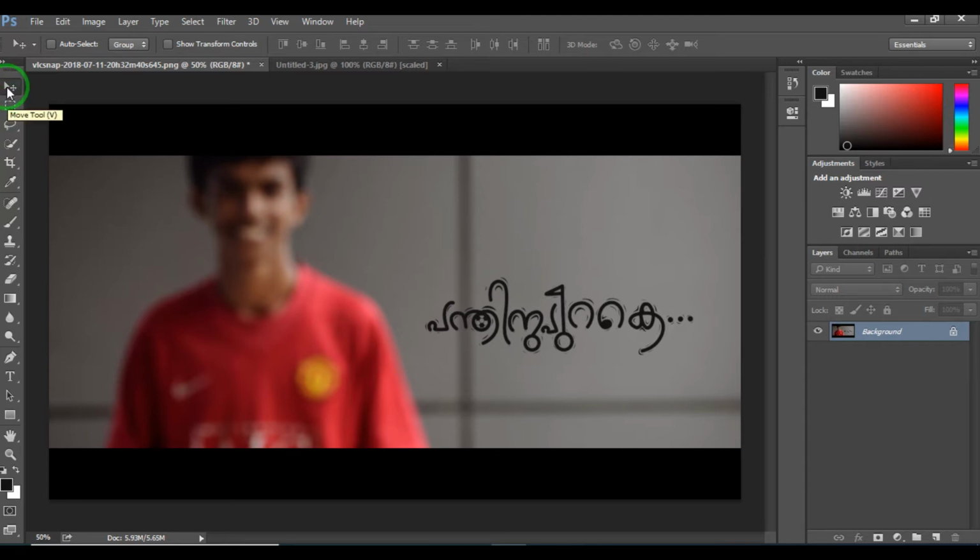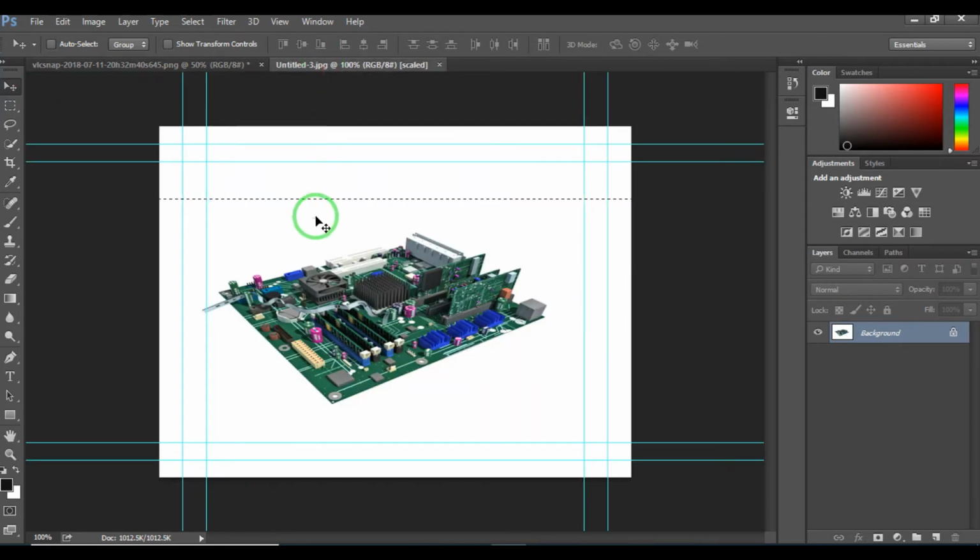For that purpose I am selecting the move tool and I am going to the second image, and I am just selecting this layer. I would like to make a copy of this layer by pressing Ctrl plus Alt simultaneously, and we can see a particular icon is displayed here, which means we can copy this particular layer.